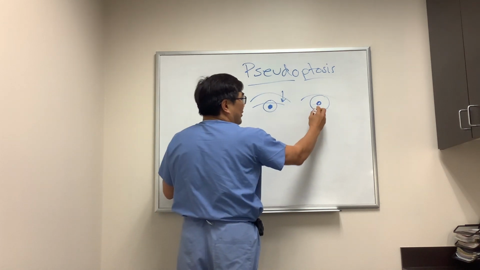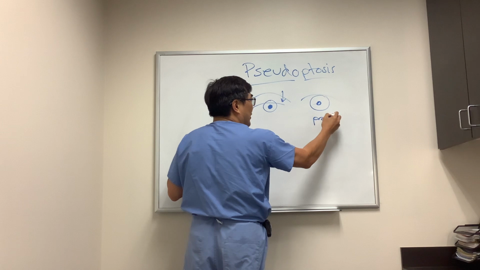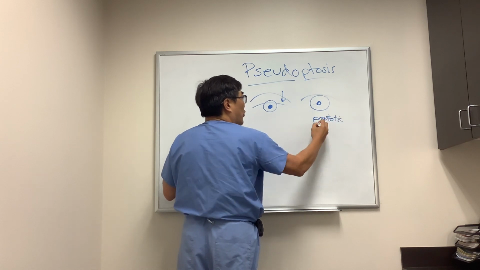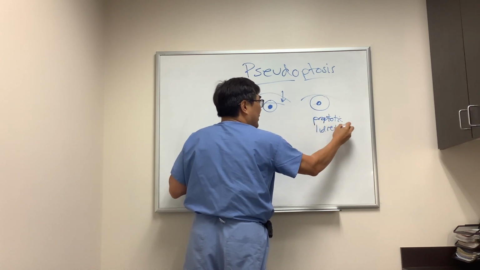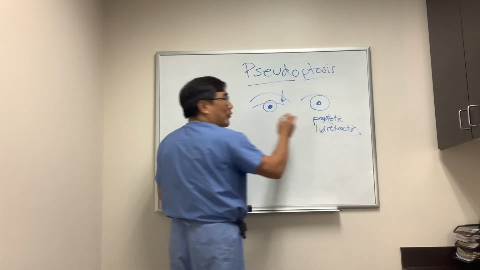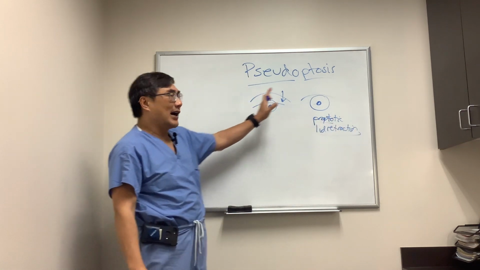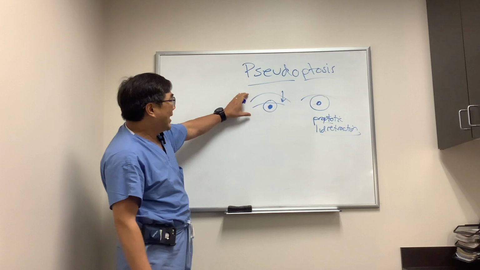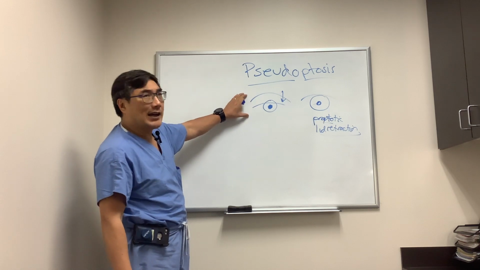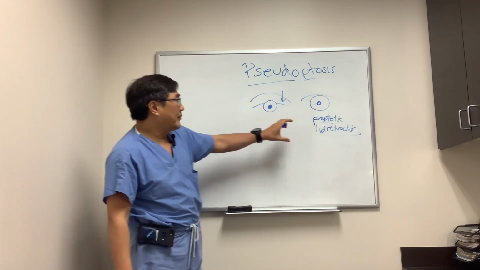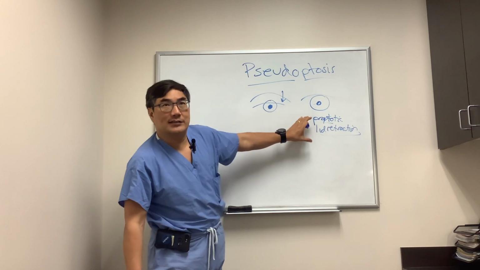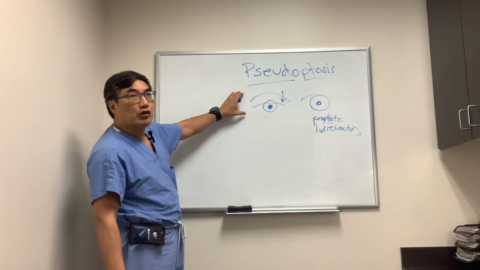In addition, the other side could be proptotic. So if the other eye is bulgy, or if the other eye has true lid retraction, you really should be thinking about thyroid eye disease or a mass lesion on the contralateral side, and that will make it appear like the right eye is enophthalmic, when in reality it's the left eye that is exophthalmic, and that causes a pseudoptosis